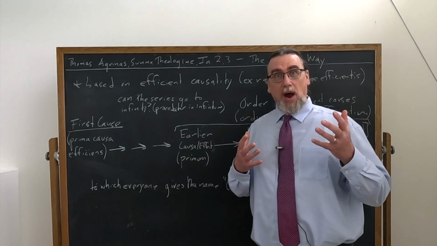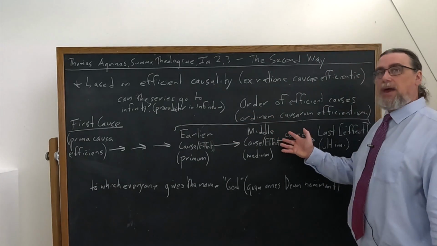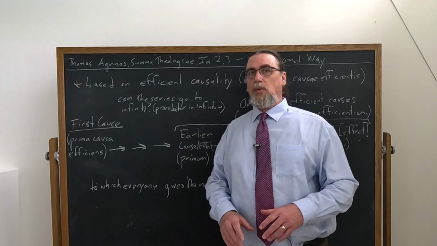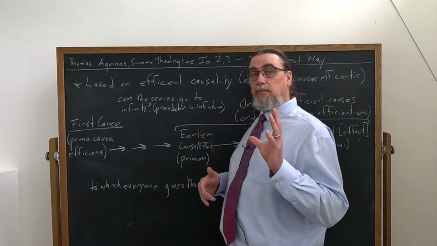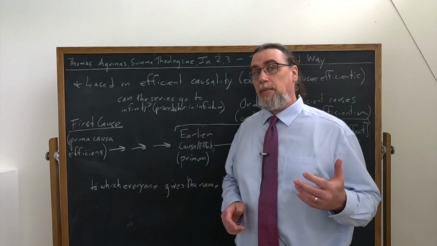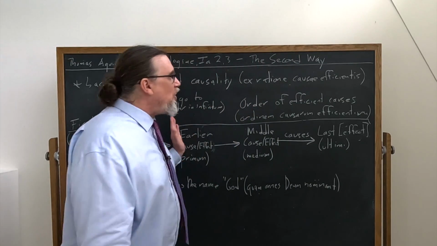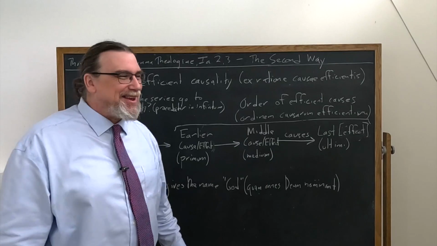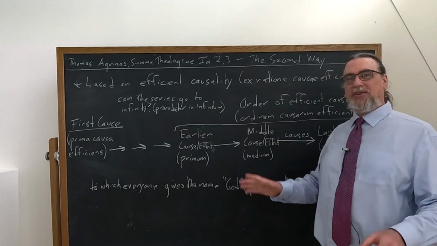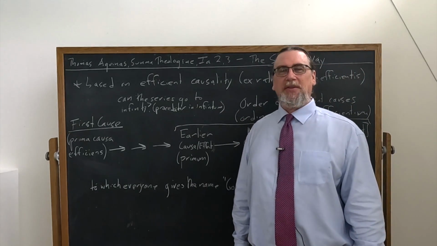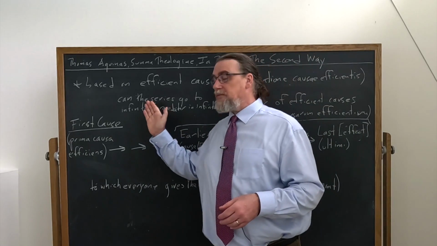And we can see this in our ordinary life. If you take away, as Thomas says, the first cause in the series, then the middle cause doesn't happen and the final effect doesn't happen. Right? So we're sort of extrapolating from what we see in our own experience and adding in some metaphysical principles, some assumptions that are being made, and then saying, well, there has to be a first cause, because no first cause, nothing else happens. However, we do know that things happen because we see it, we experience it. We take it for granted, you might say. It's part of our very way of being in the world to note not just individual things, but the causal connections between them. So, since that is the case, he concludes, well, there must in fact be a first efficient